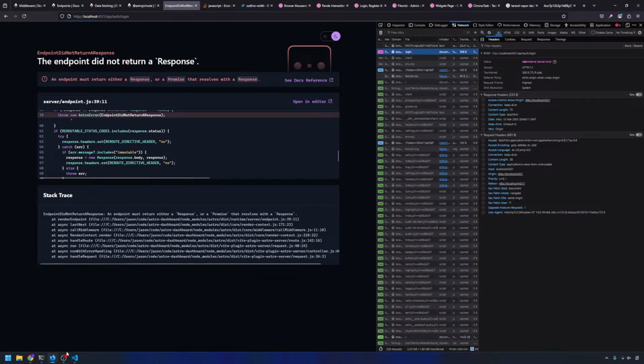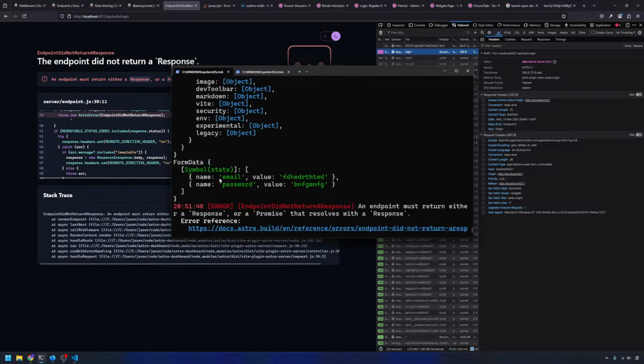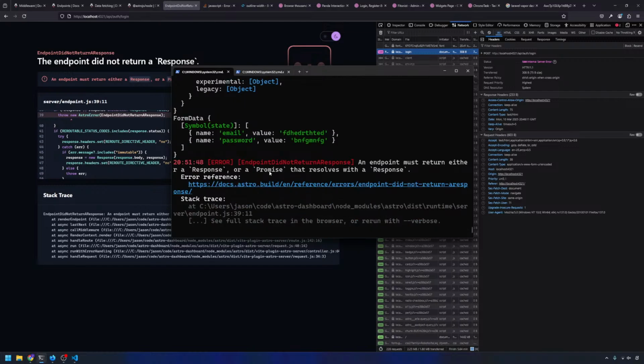Okay, I think that actually worked. Yeah, there we go. So form data. Okay. Oh my goodness me. That was annoying, but yeah. I didn't realize that pre-rendering was on by default, and it's quite good that it does this in a way. By default, when you have Astro set up,